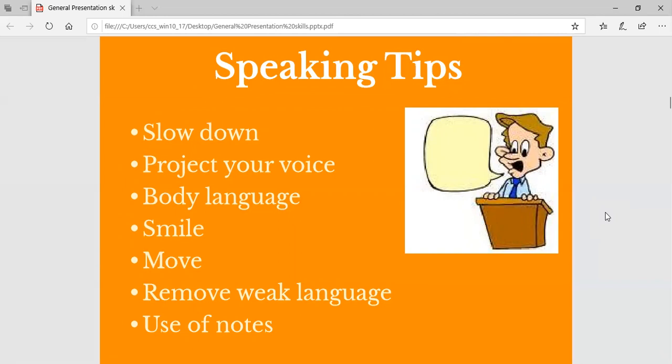So don't stress out. Move a little bit. Well, this would apply in class I think, because you have to stand when you talk, right, most of the time. So move around a little bit, you can even walk around while you talk. Don't just stand there and stay stiff, okay? Remove weak language. So in this case it's more like your script,